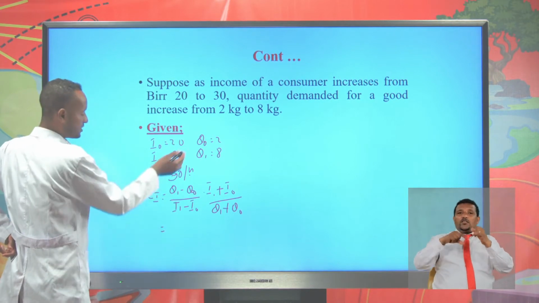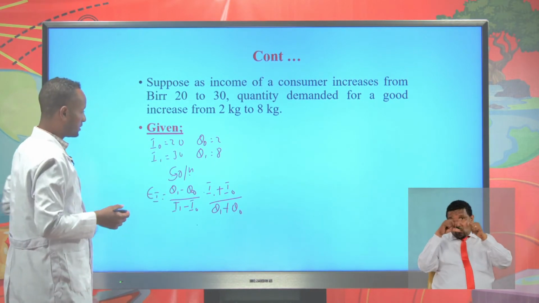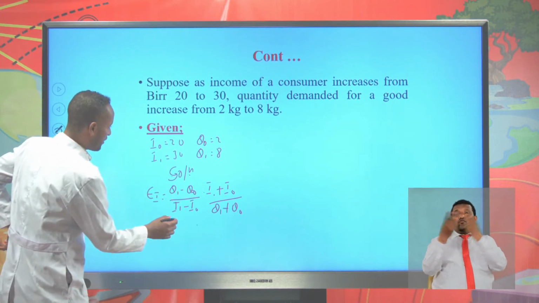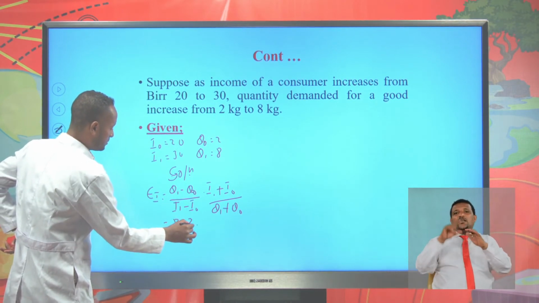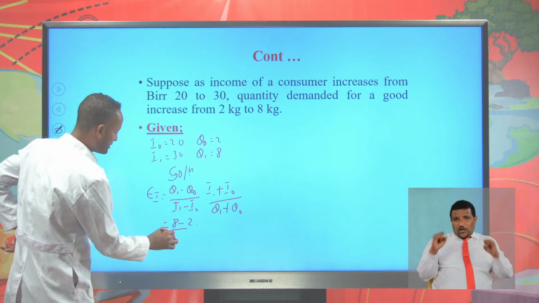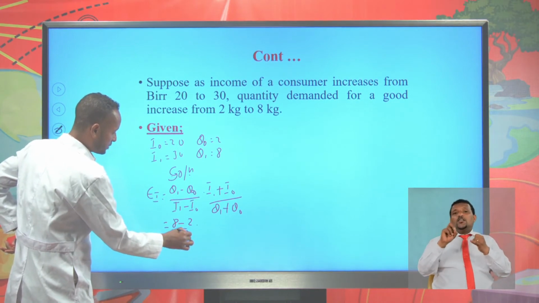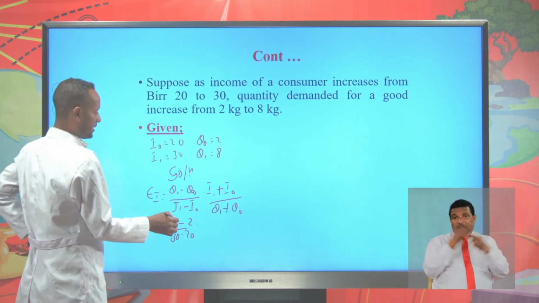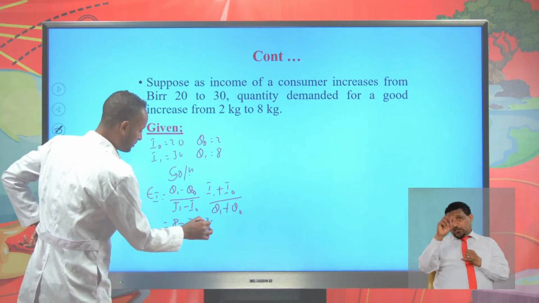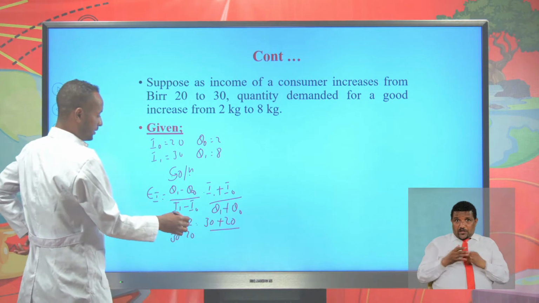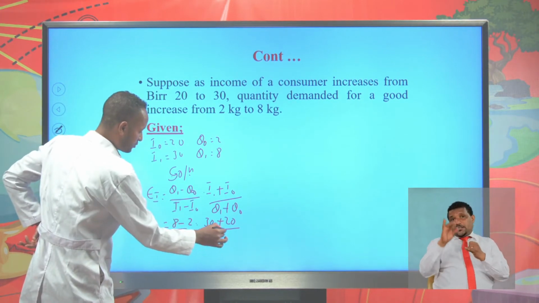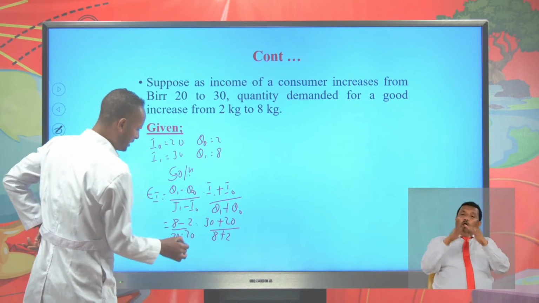And then when we substitute this information in this formula, the value of Q final is 8 minus Q initial is 2, divided by income final is 30 minus income initial is 20, multiplied by income final is 30 plus income initial is 20, divided by quantity final is 8 plus quantity initial is 2, and then